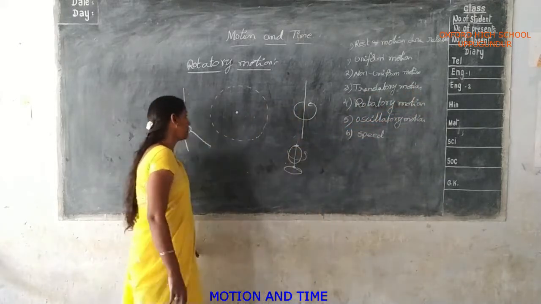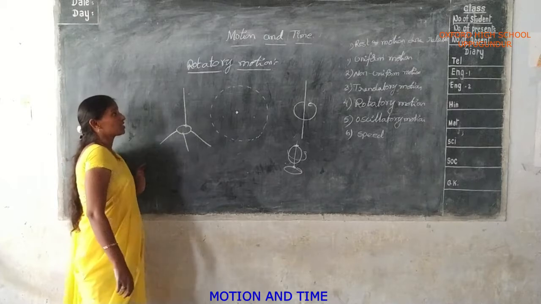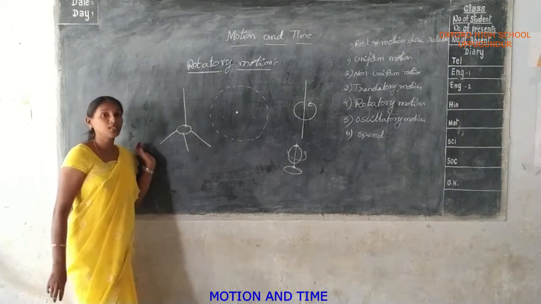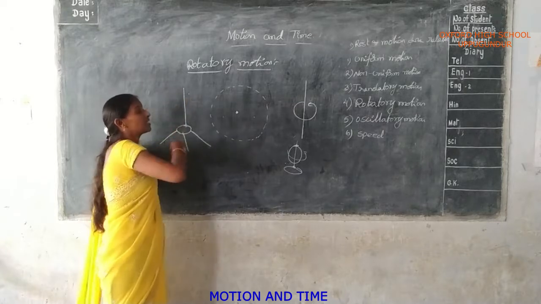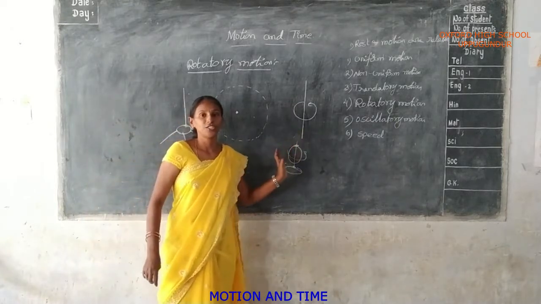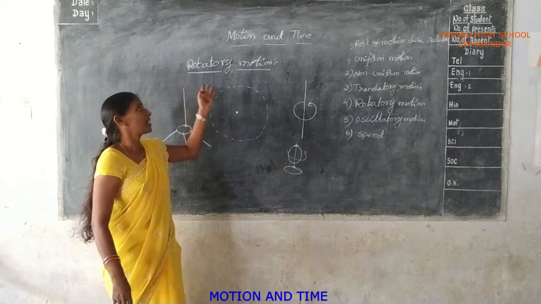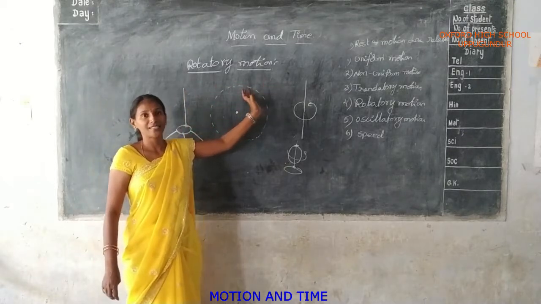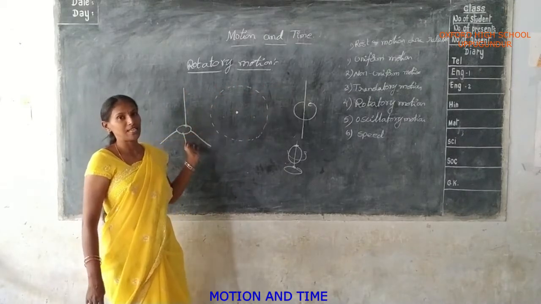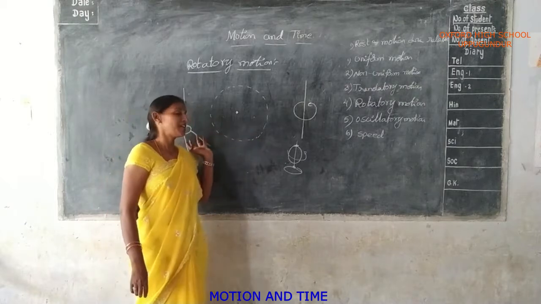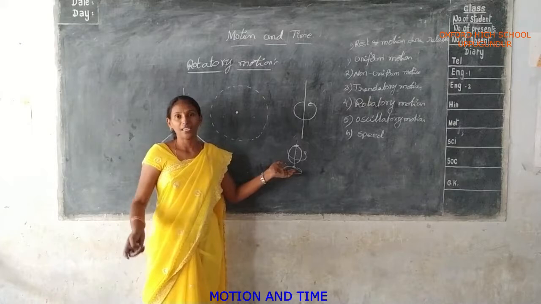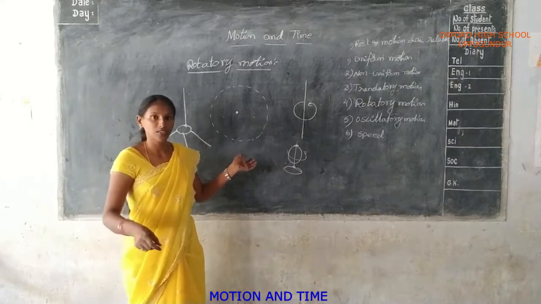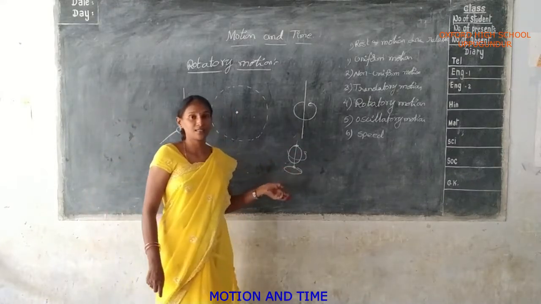Okay. Now, rotatory motion is when an object moves with all its particles in a circular path along with the center or axis of rotation. So that is called rotatory motion. What is the example? The ceiling fan: the blades are moving in a rotatory condition, and the top also depends on the axis of the center only.